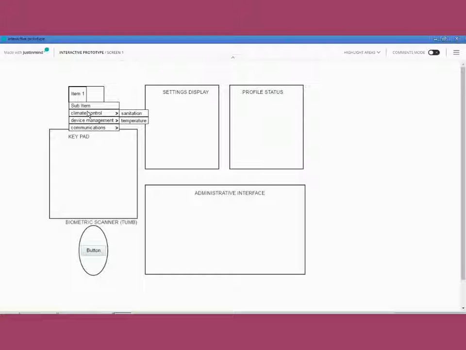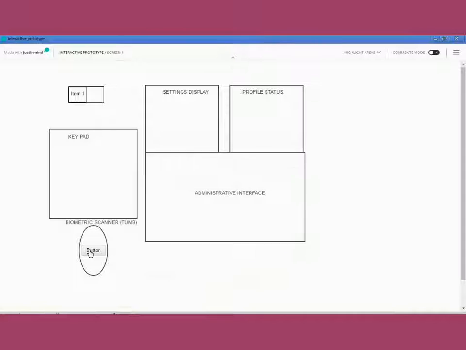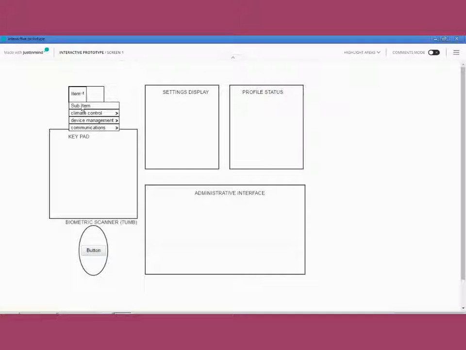If we come here to the item screen, well, it says item, but we are in the early stages. This is climate control, and this is sanitation and temperature and device management. Yeah, and there it is there. When we air condition, you would notice that the air conditioning settings are far away from the main administrative and profile status. And for those of you into coding, into designing, you would realize that